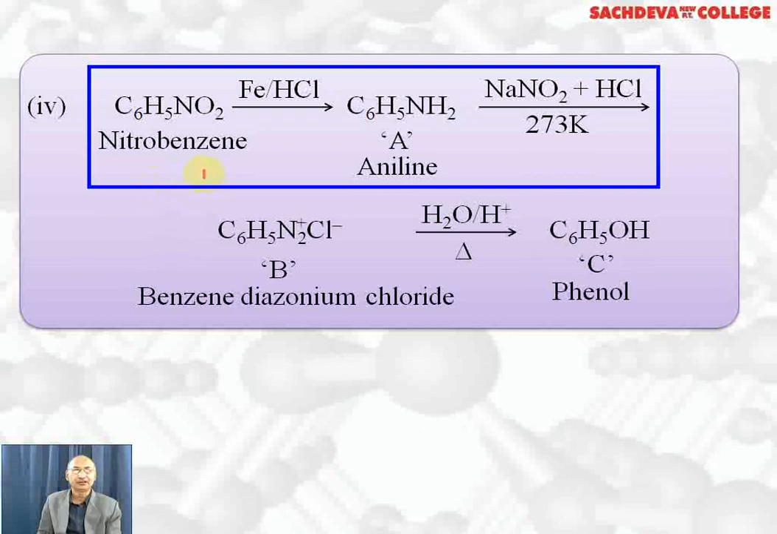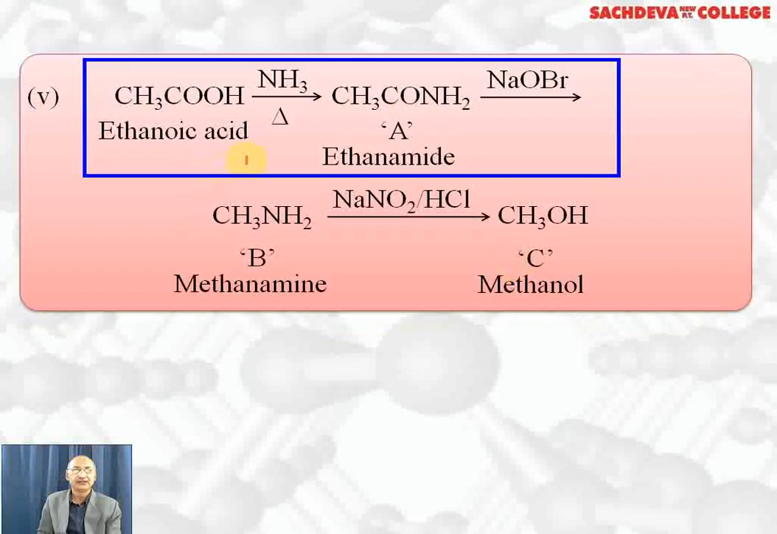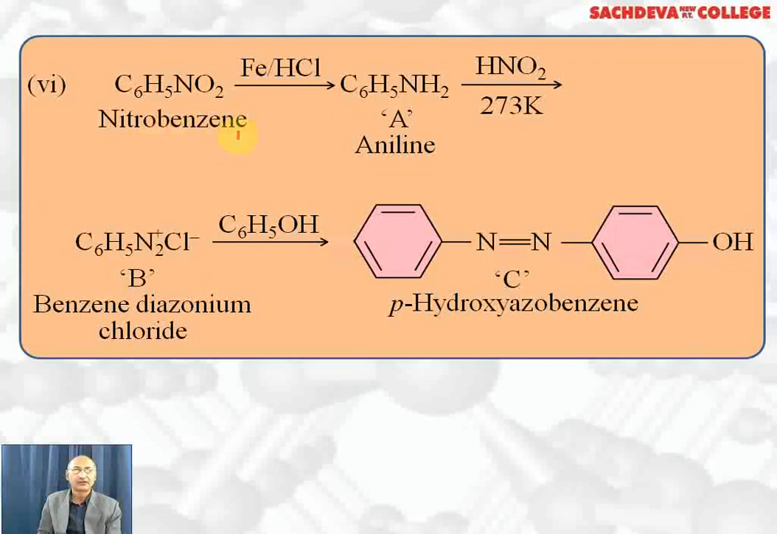Nitrobenzene to phenol. Nitrobenzene on reduction with Fe and HCl gives aniline. Diazotization gives diazonium salt. Further hydrolysis with water on heating, we get phenol. Ethanoic acid, when heated with ammonia, we get amide. With NaOBr, meaning Br2 and NaOH, gives lower amine. With diazonium, NaNO2 and HCl, we get methanol. Nitrobenzene on reduction gives aniline, and with diazotization at 273 Kelvin, we get diazonium chloride. With phenol, it will undergo coupling reaction and we get